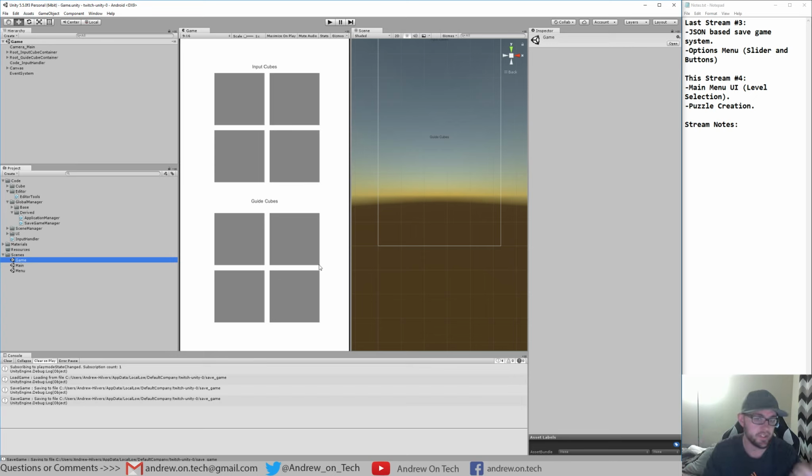Each puzzle is going to scale in difficulty as you go through. I think roughly there's going to be about 100 puzzles right now. And the input cubes, they're going to change color in some predetermined way. So there's going to be some type of rules as you go through to make it more difficult and easier. Because obviously if you just clicked on them and they change colors and you just had to match the bottom, that's not very hard. So some of the ideas are as you go,